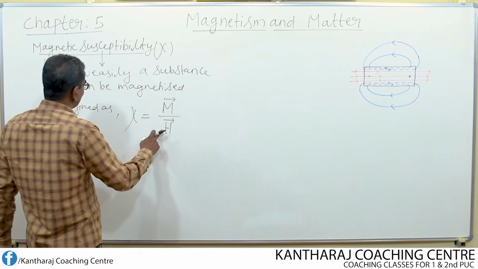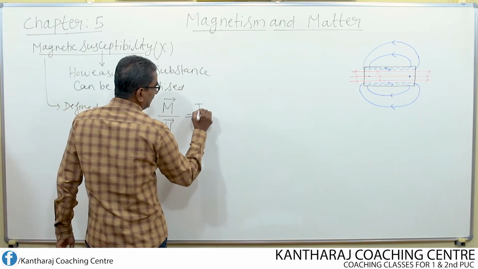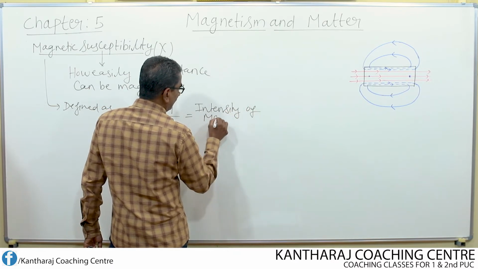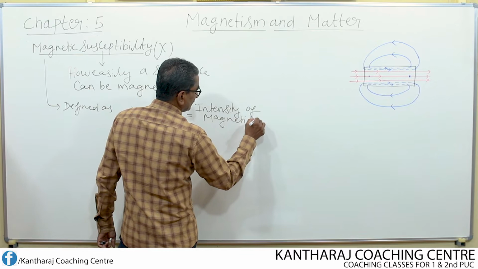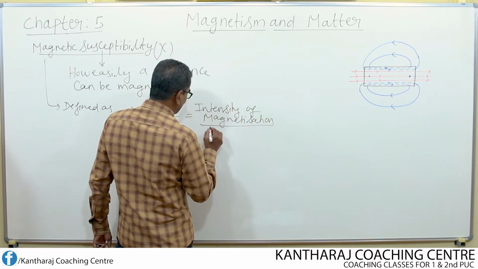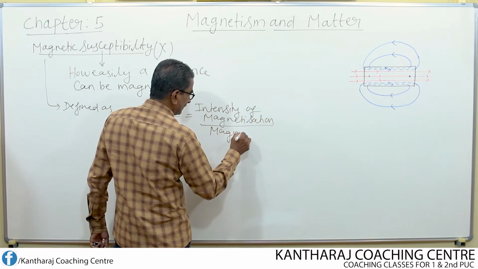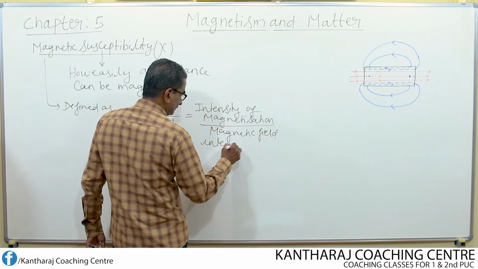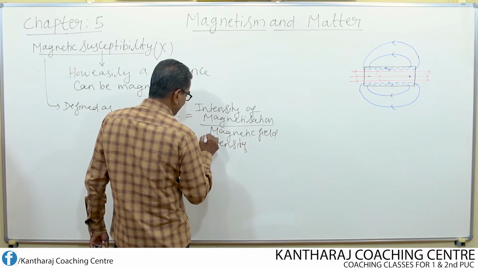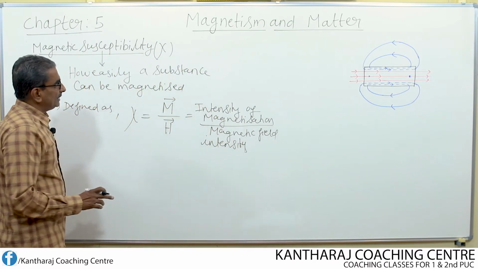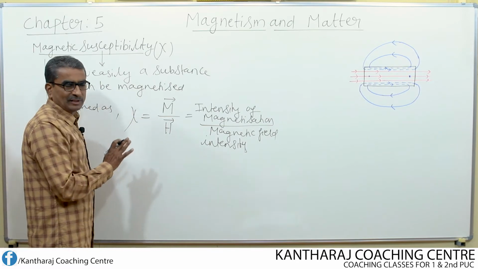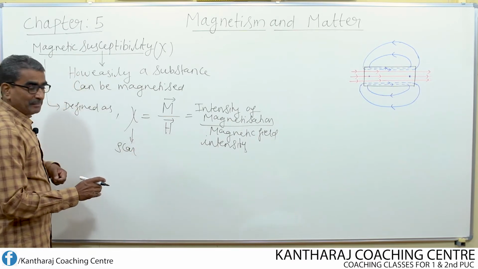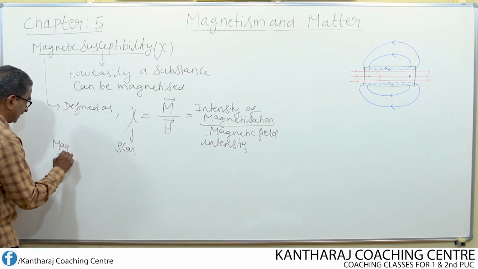So it is defined as the ratio of intensity of magnetization to magnetic field intensity, M by H. Remember, this is not a vector quantity, this is nothing but a scalar. Both the magnetic permeability, that is mu,